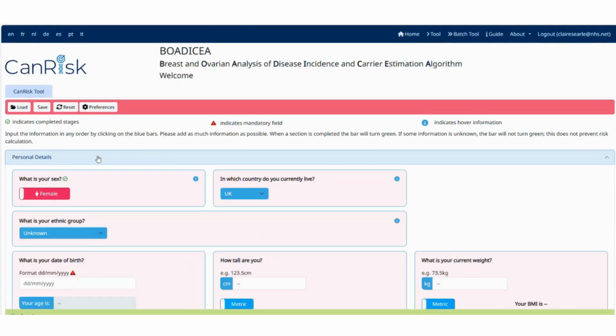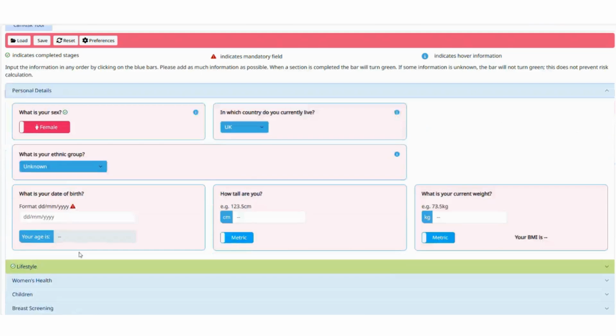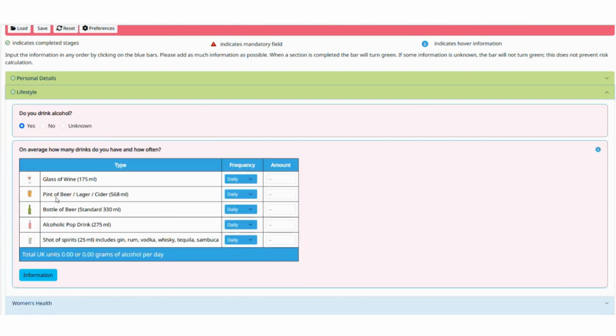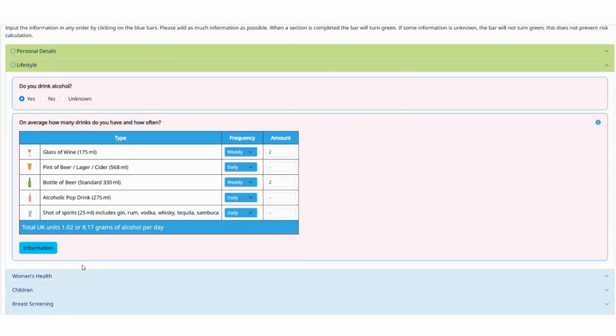So I can run through an example with you. If I have somebody that's born on the 1st of April 2001, and they're 180 centimetres and they weigh 70 kilograms, it's calculating that for you. Lifestyle: Casey drinks, and maybe she has weekly a couple of glasses of wine. That's a relatively small glass of wine, so just be mindful of that. And maybe she has a couple of bottles of beer a week, and that will work out your units of alcohol